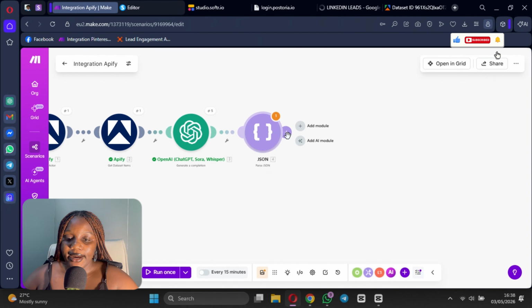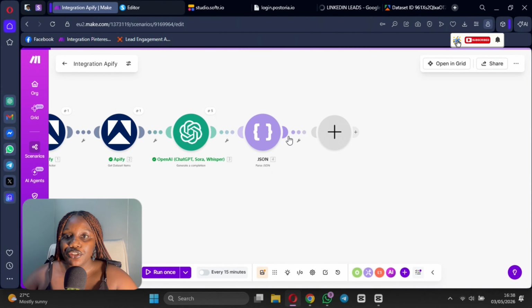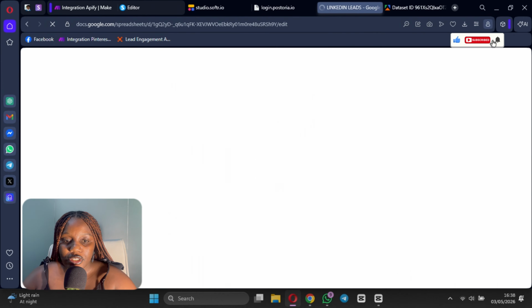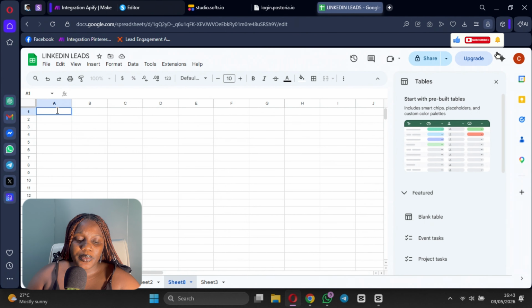So just go ahead and add another module, which is going to be the last module, the module that dumps everything into a spreadsheet for us to go and look at. I don't know what's wrong with this spreadsheet. Like, what's the issue? So we are just going to come here and create a database for the candidates that